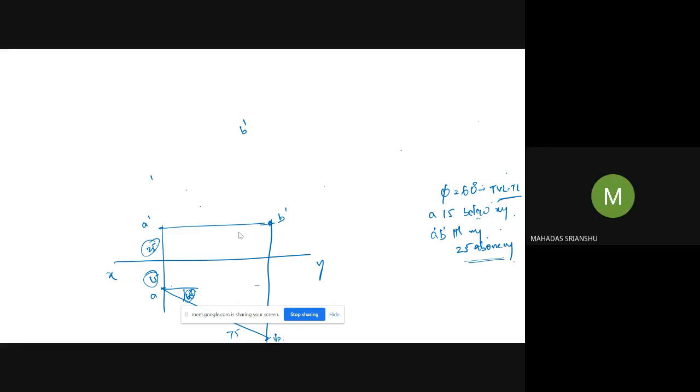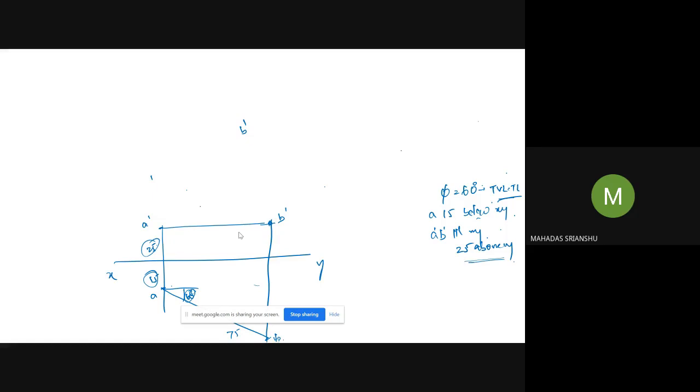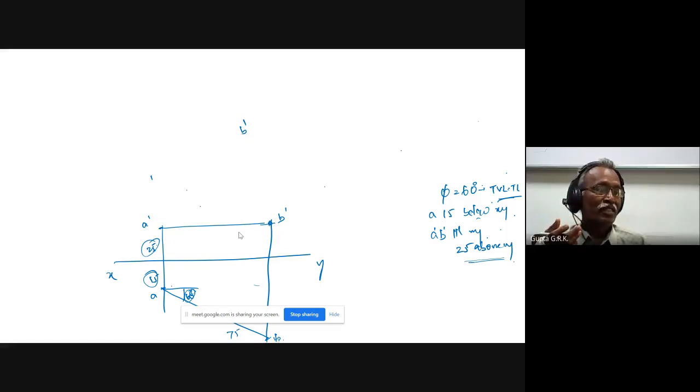No, I meant the line that we drew, 60 degrees. That's true. Whatever you asked, it is right. I can draw that 60 degrees downward or upward. It doesn't matter. Both are right, as long as it should not cut the XY line. If it cuts the XY line, B goes into another quadrant. Now B dash is above XY, B below XY. If suppose I draw 60 degrees upward, where will be B? Above XY. So B and B dash will be above XY, and so B will be in the second quadrant.